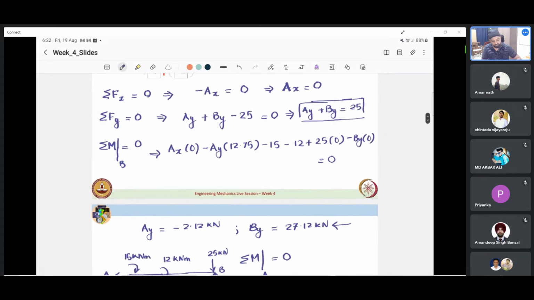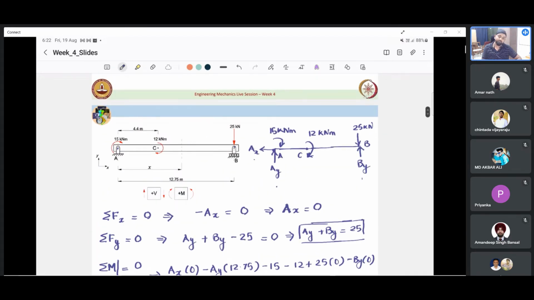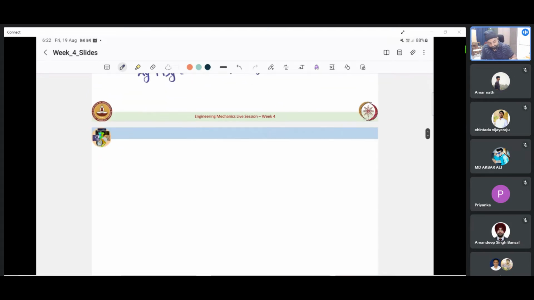Okay. So to draw the shear force diagram and bending moment diagram, first we should identify some key points. What are those key points? In a beam, the key points are supports, then load points. That is, wherever there is a load or wherever a distributed load ends, all these points we should identify and mark them. Where geometry changes,